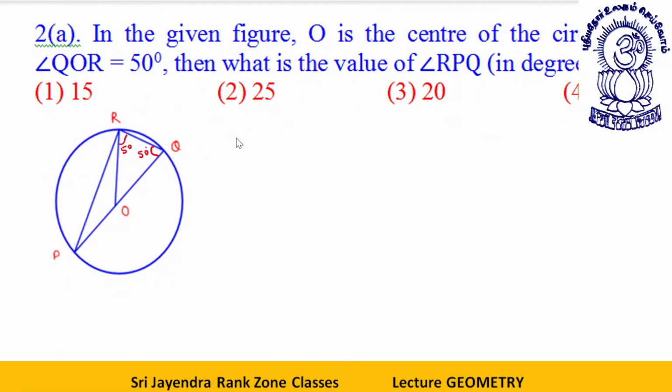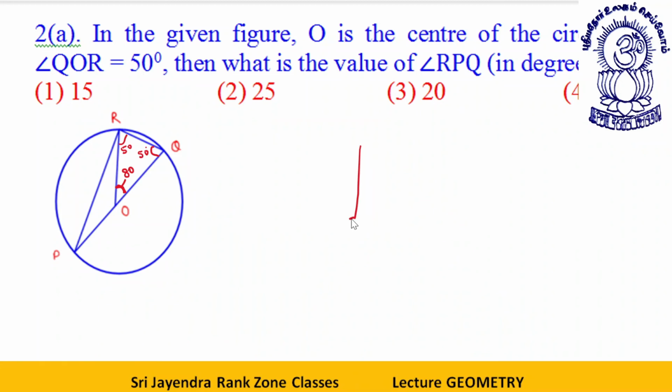See dear students, you can solve it by two methods. First method is this angle. This angle will be how much? This angle will be 80. How come 80? Sum of three angles of a triangle is 180. These are 100, so this will be 80. Now this is the exterior angle of a triangle.